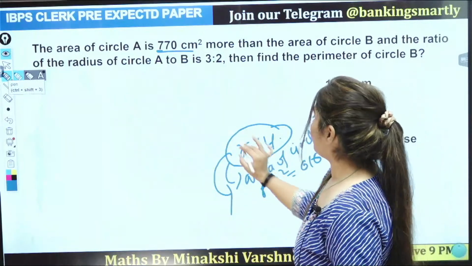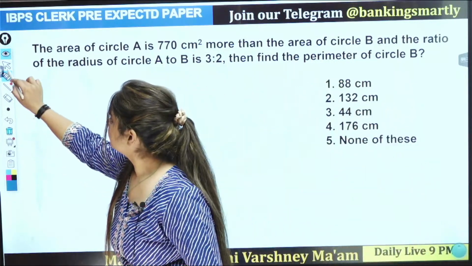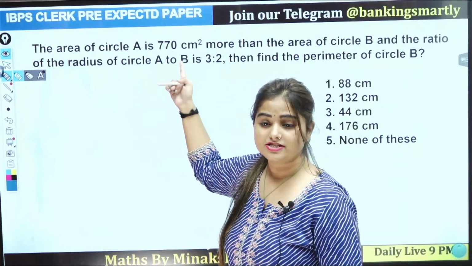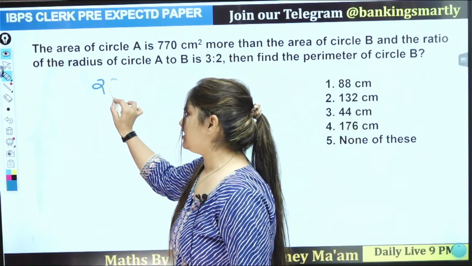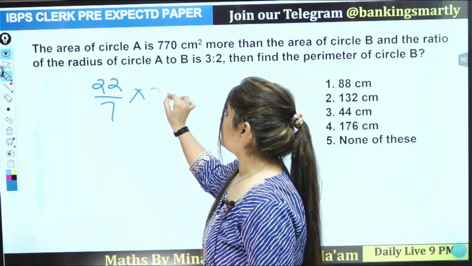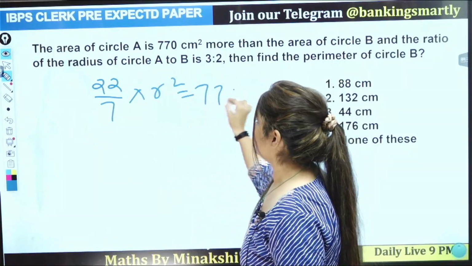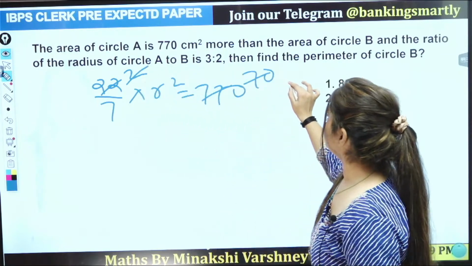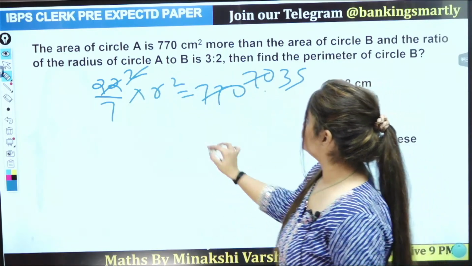So what we have here, area of circle is this. That means pi R square is equal to 770. That means directly you can write 22 by 7 R square is equal to 770. 11 2s are, 11 7s are, cancel with 2, 2 3s are, 2 5s are, 7 5s are